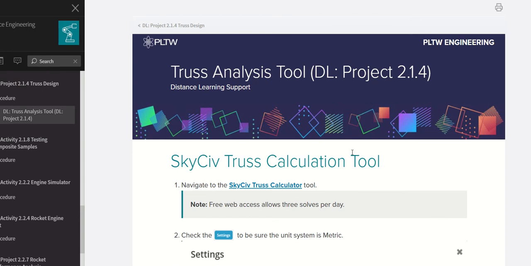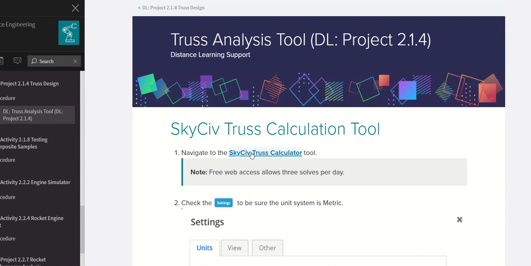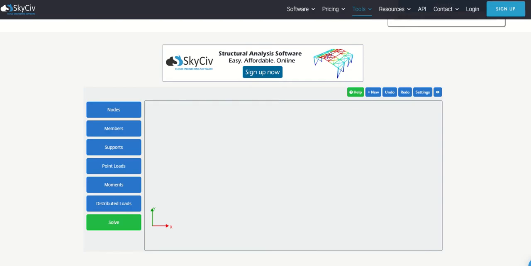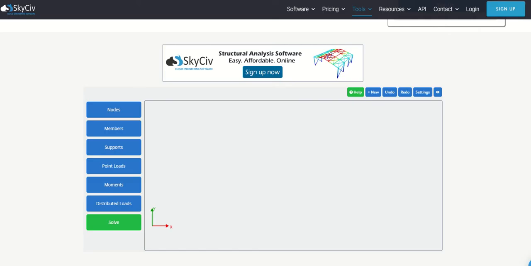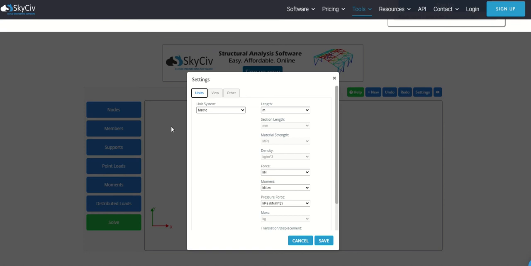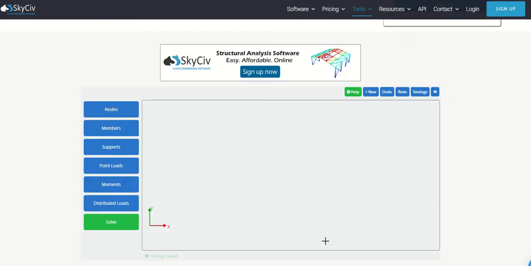All right. So the first thing is you need to click on this calculator, which I already have open. Okay. And then it says that we need to check on settings right here. That is on metric. It's right here. I click on settings and it's already on metric, so I just click save.